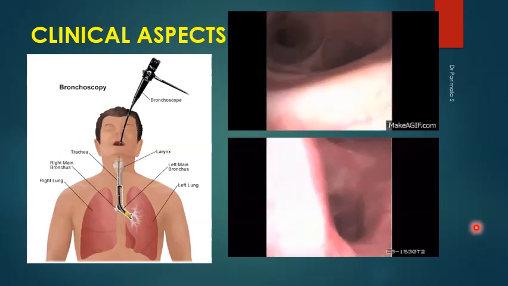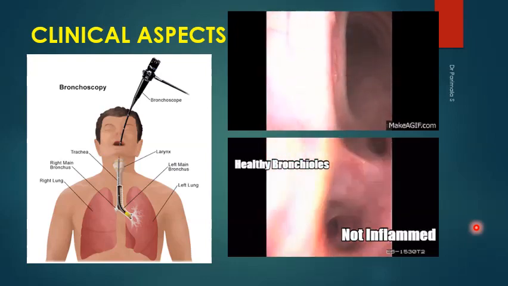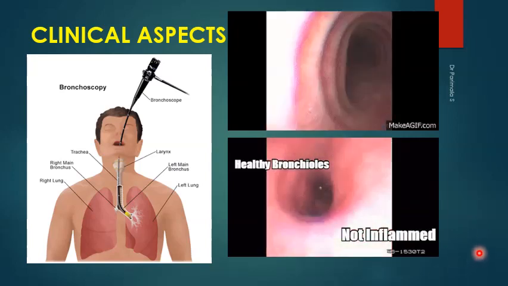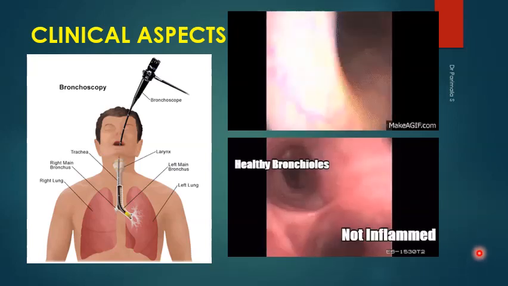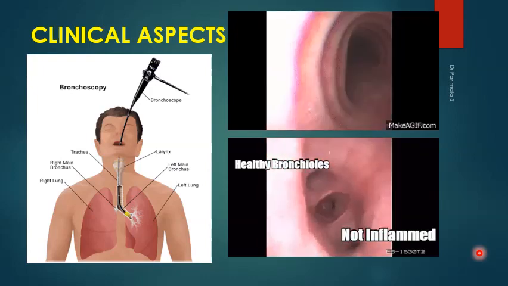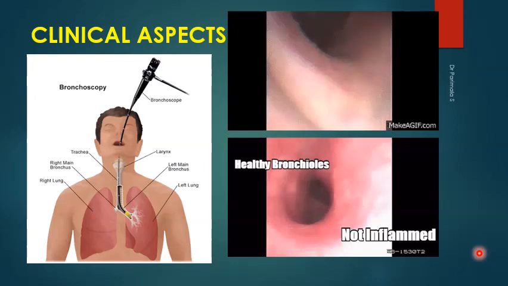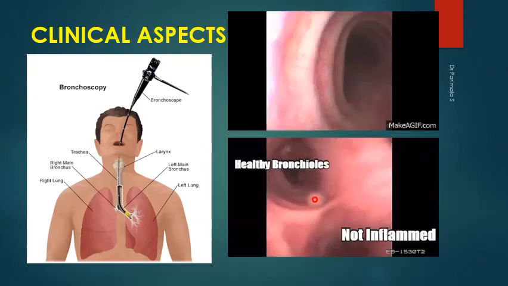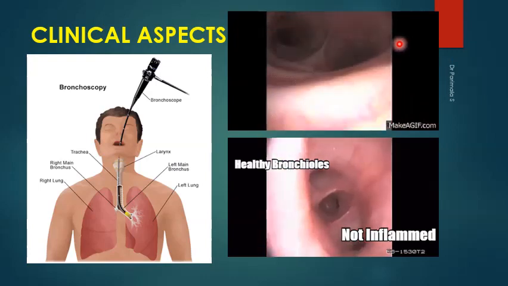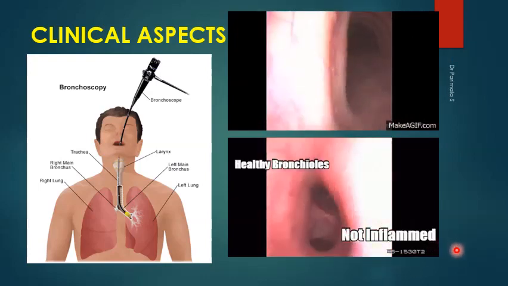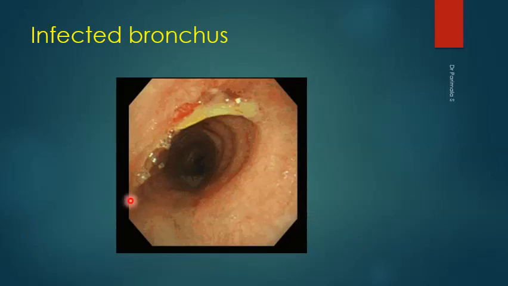So bronchoscopy usually is done to detect any kind of pathology when the patient complains of any symptoms. When required, the bronchoscopy is performed, and this is how the image appears. These are all the normal looking trachea and the bronchi. Then here, if we see, this is an infected bronchus. You can see this yellow discoloration of the infected bronchus. This is how it appears when there is any pathology within the bronchus.